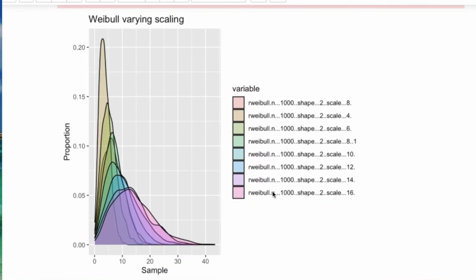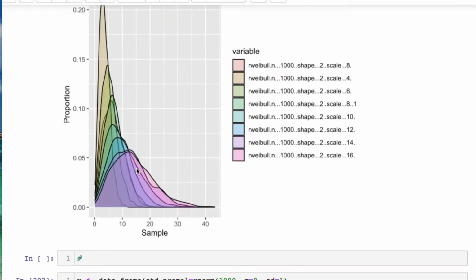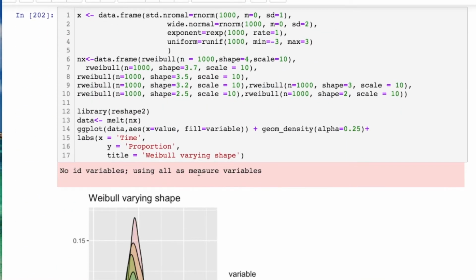So the first thing, varying the scaling here while retaining the same constant shape. And you notice the same thing that we're having in the other ones. You have this lowering, which would look like the mean is changing, and it's becoming broader and looking somewhat normal with a skew, okay? The next thing we'll look at is changing the shape. So here's the code for that.